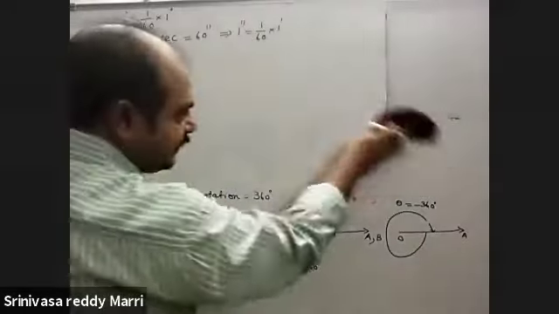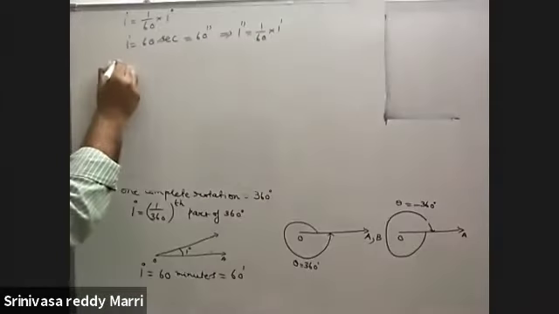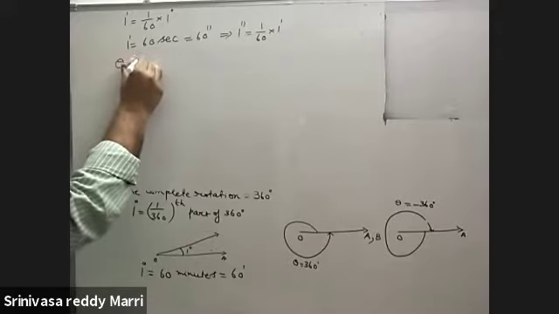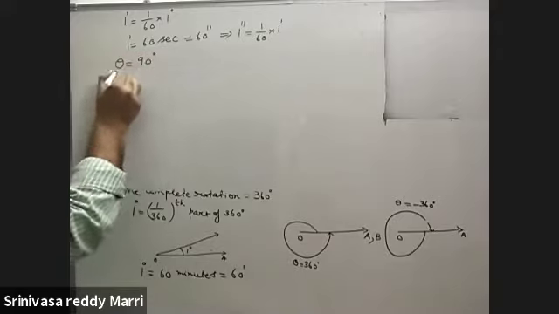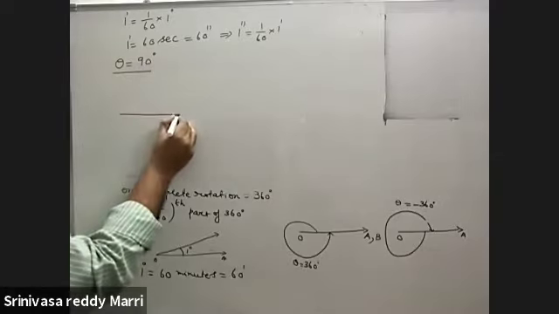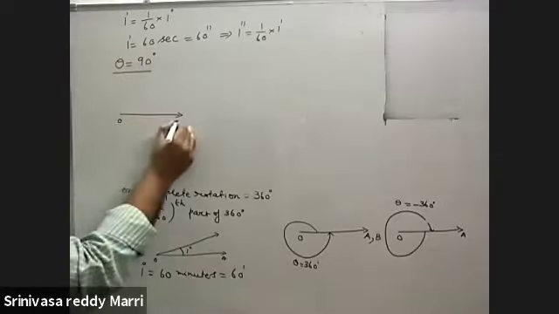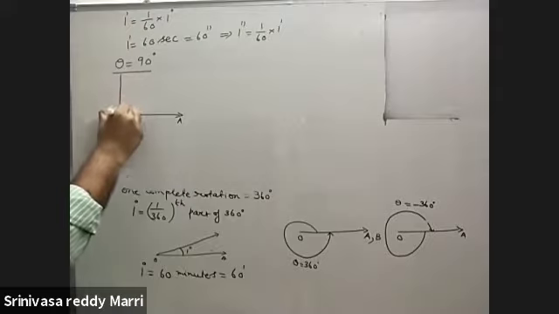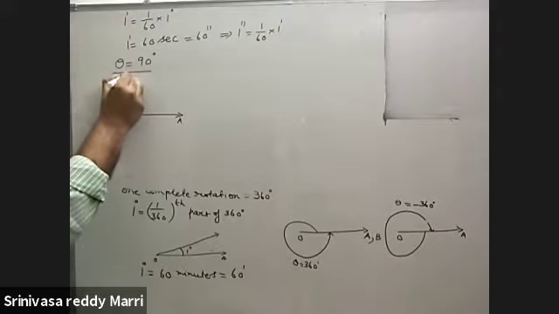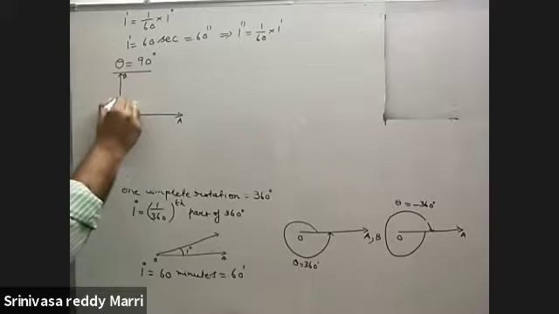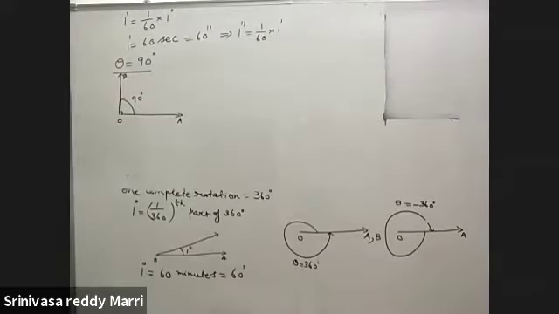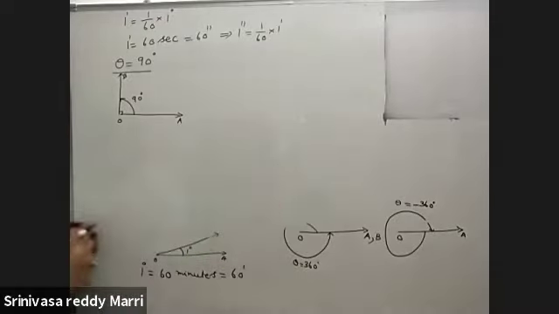Look at how to measure the angles. Suppose theta equals 90 degree. We have to mark 90 degree. First we will draw the initial ray OA and then one right angle. Draw the ray perpendicular to OA. This angle is measured in anti-clockwise direction. This is theta equal to plus 90 degree.